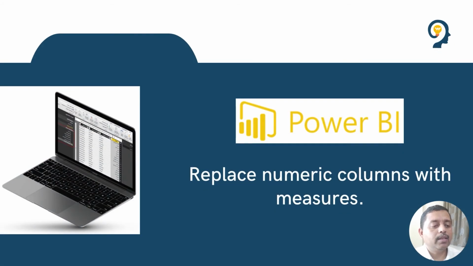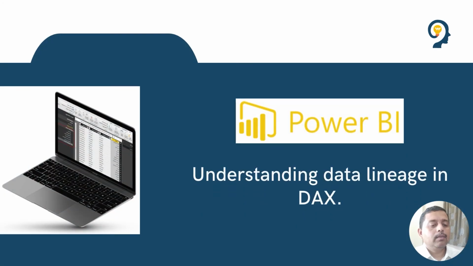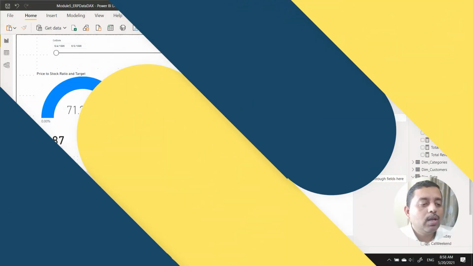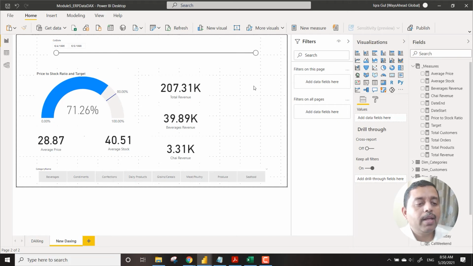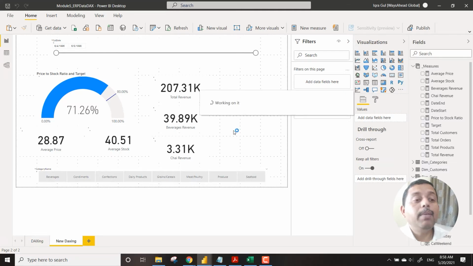So now let's understand these details when we see the lineage of the DAX also during this particular demo as well. So now what we do is we create a simple measure which will talk about the MTD figures.